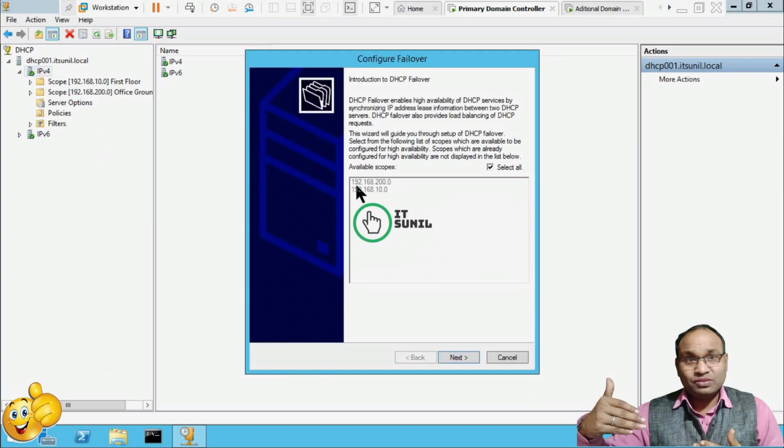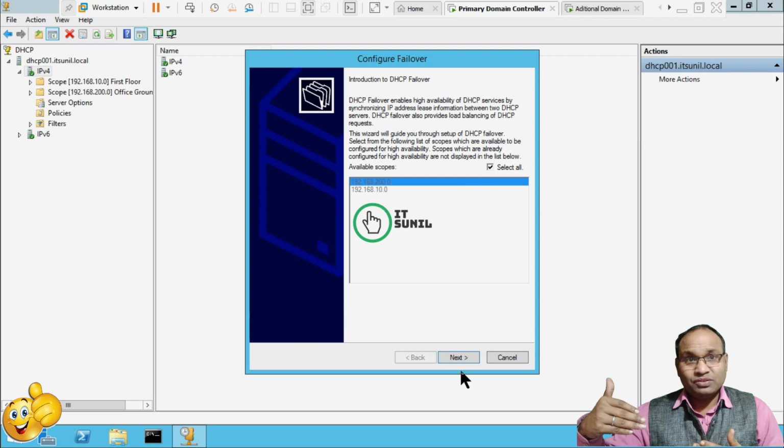Now you can see there are two DHCP scopes available here. If you want to configure with both, or if you want to select a particular one, you can. I'm going to configure all the DHCP scopes.